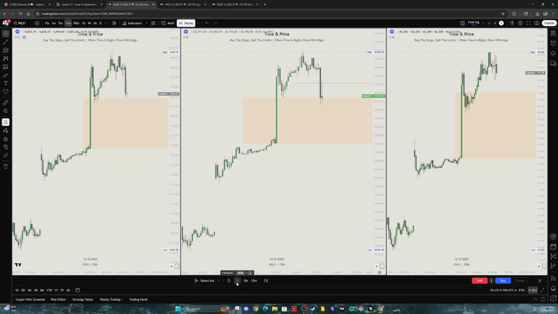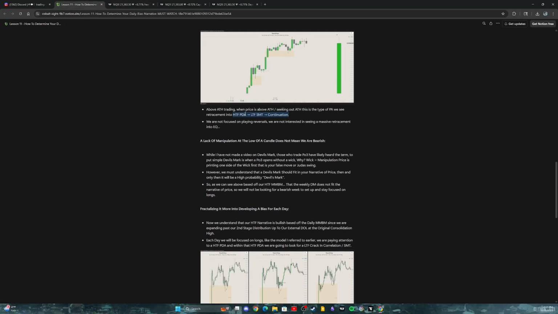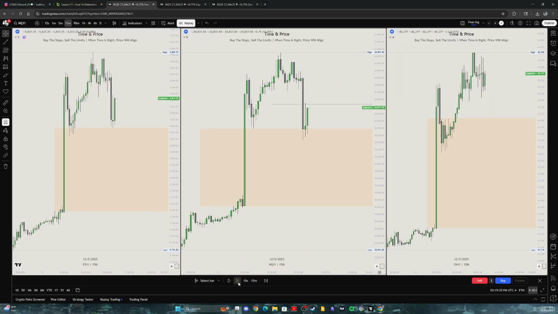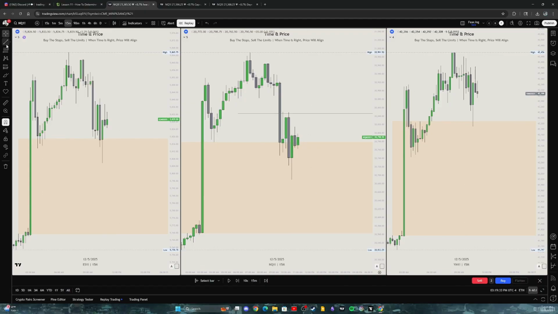So now, as you can see, 9:30 opens, we manipulate down into that 4-hour BISI. From there, what we're going to do, based off the model that I talked about, is then look for a lower time frame SMT. So we'll just let price develop until we can ultimately get some sort of SMT, because as of now, sure, we have a crack and correlation right here,